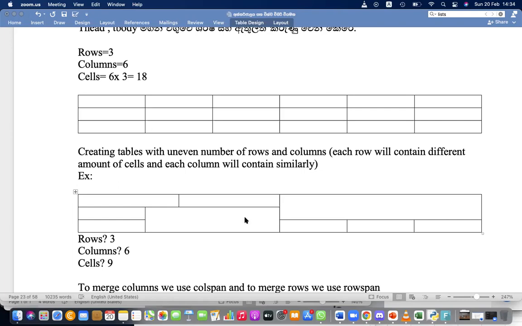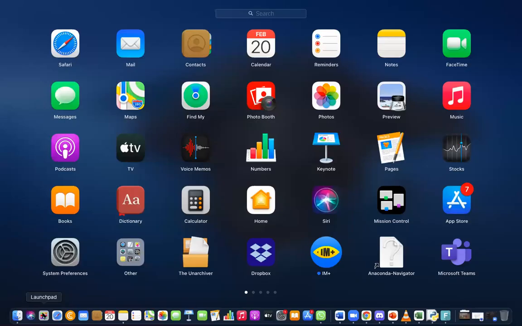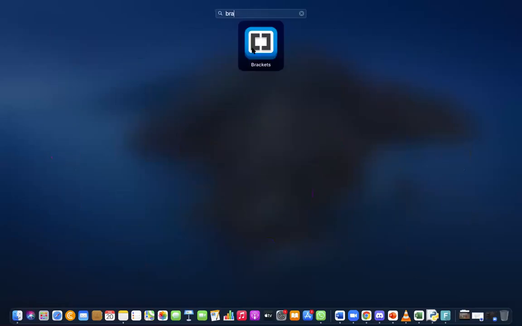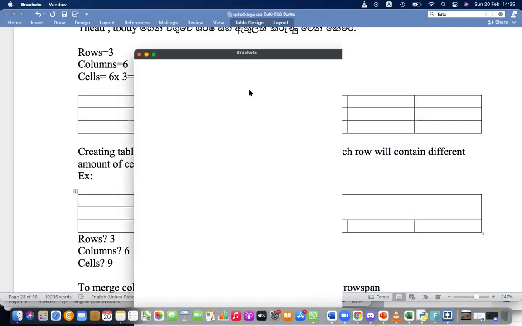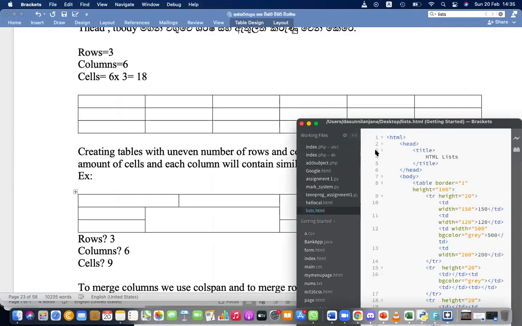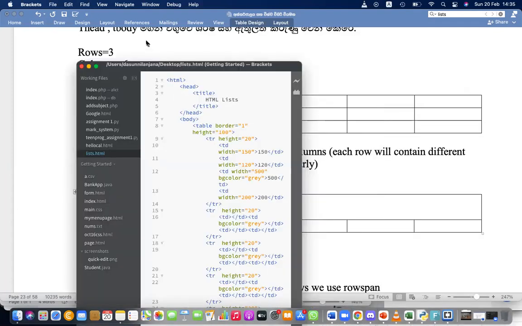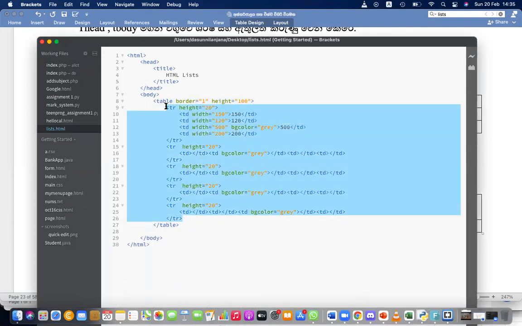Okay, let's do this now. I'm going to go to the coding. Okay, there we discussed the list last day, and today we have to update. I'm going to update the same one. You have the row